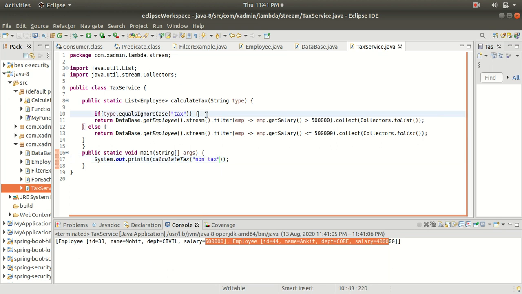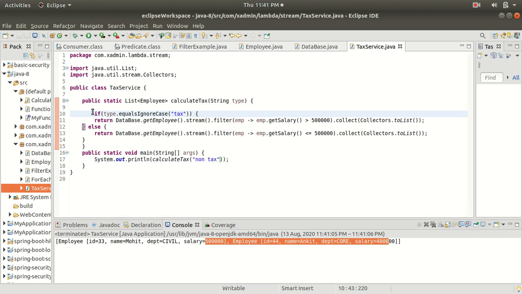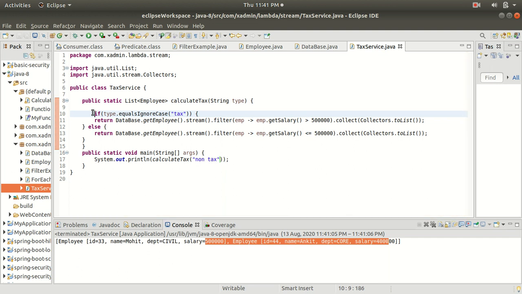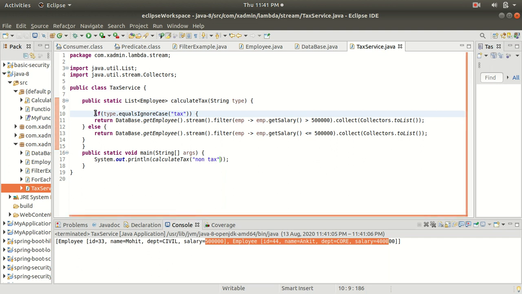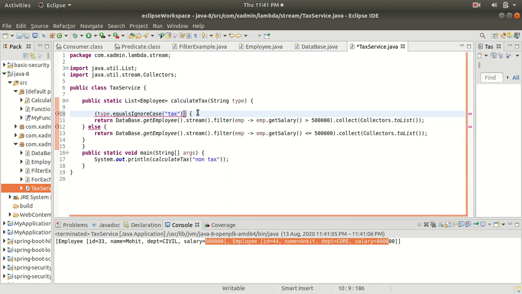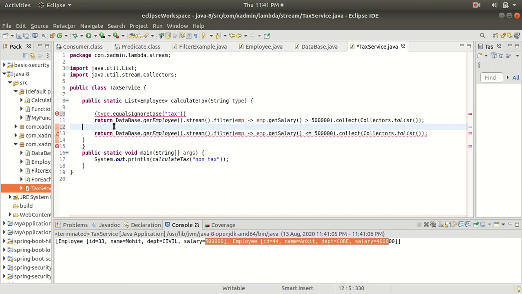All right. So now here I am using the if and else conditions. So you can make this code more concise and reduce the code further. Here you can use the ternary operator. All right. So we are going to use the ternary operator. For that, let's remove the if condition and also the else condition from here.